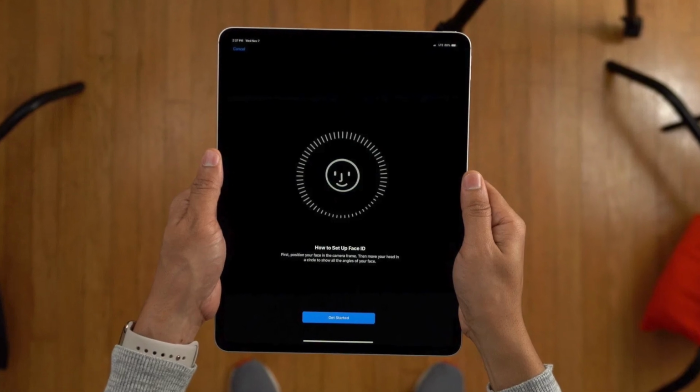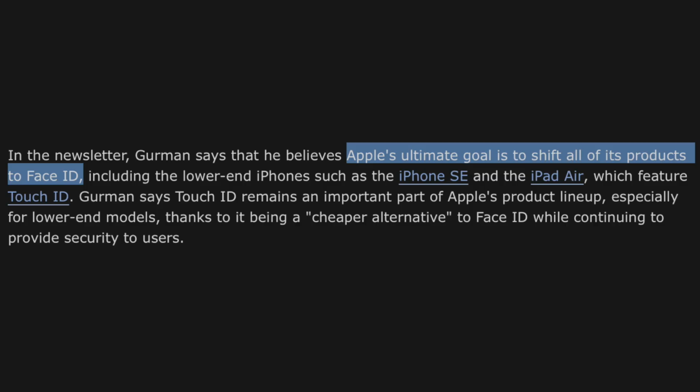remain as a Pro exclusive, though do note, Mark Gurman did say that Apple's future plan is to convert every product in the lineup to Face ID, so that means there is a very small chance we could see Face ID on the iPad Air 5, and an even bigger chance on the iPad Air 6. So yes, soon enough you will be able to do Animoji stuff on your iPad Air, which I guess is